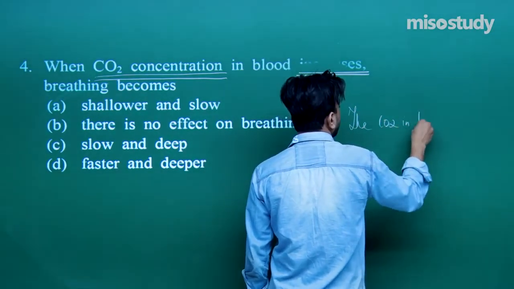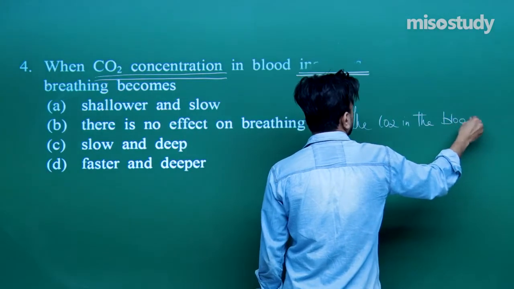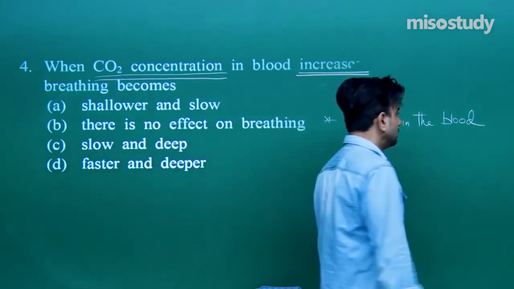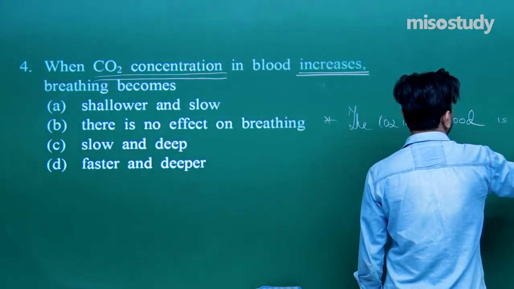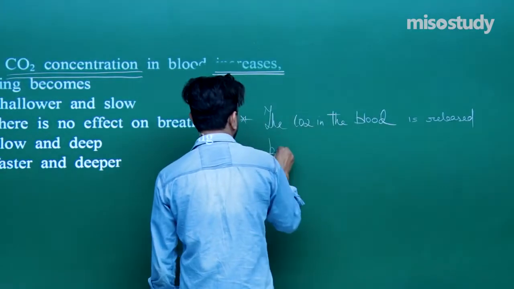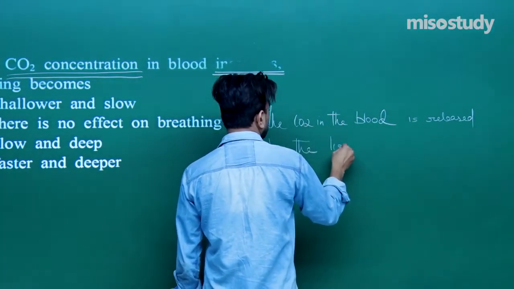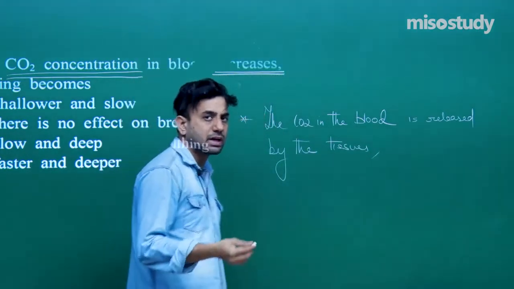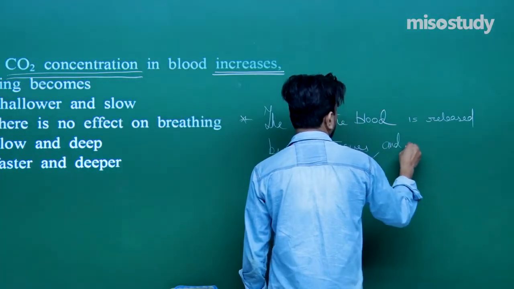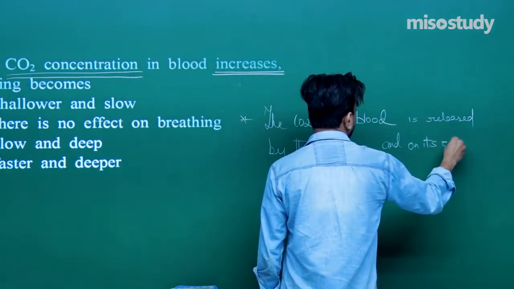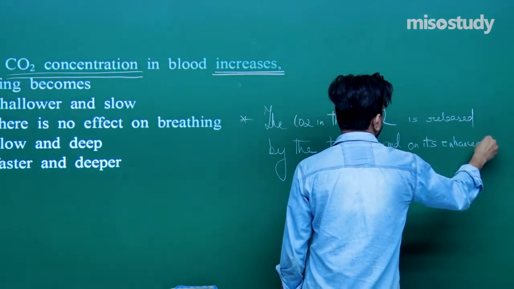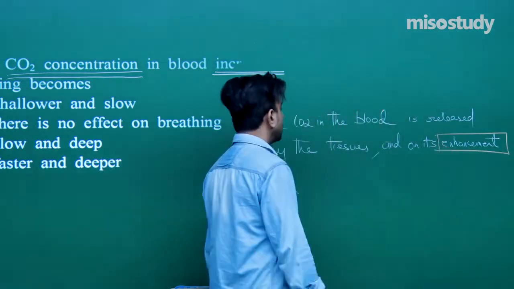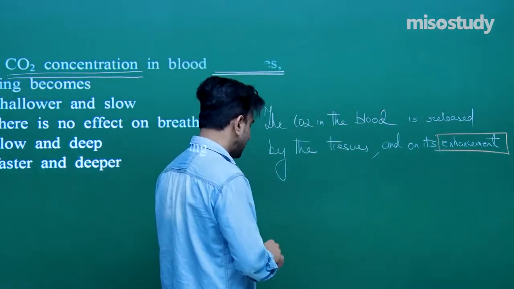The carbon dioxide in the blood is released by the tissues, and on its enhancement, right,